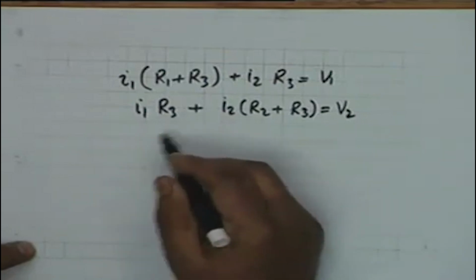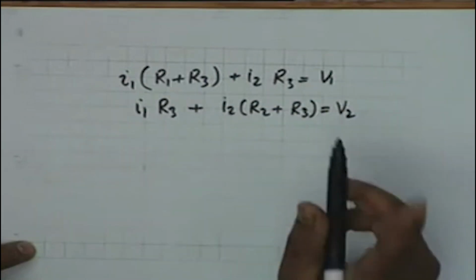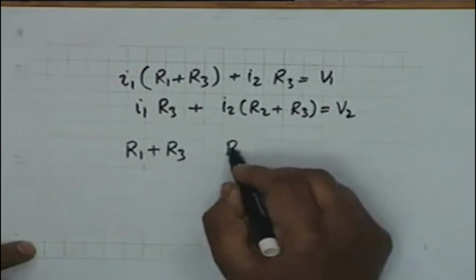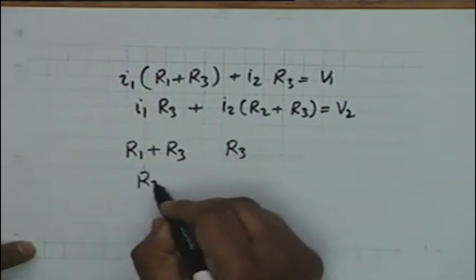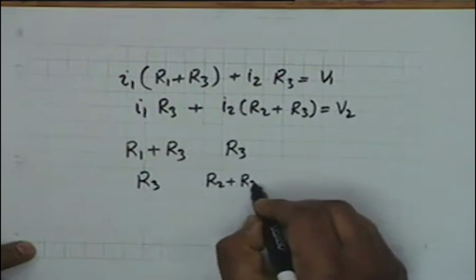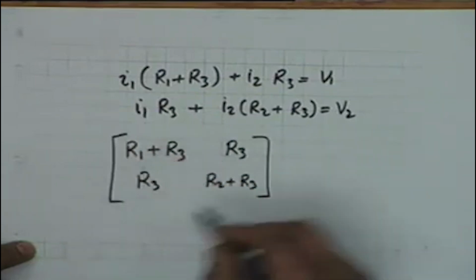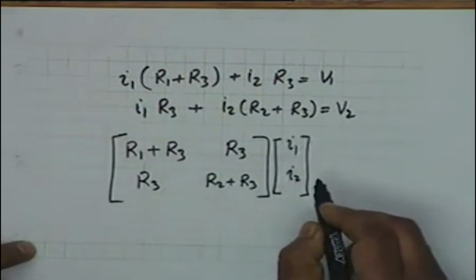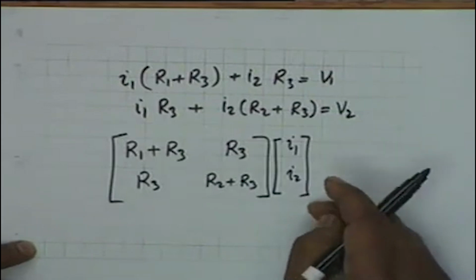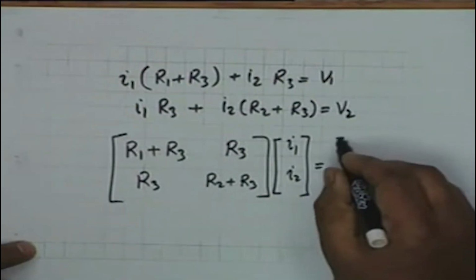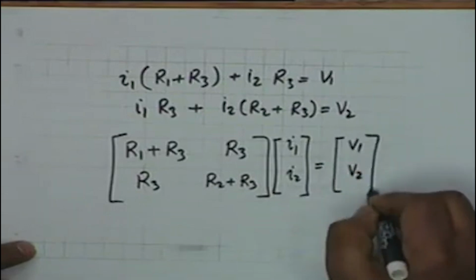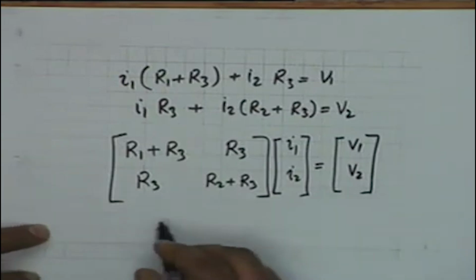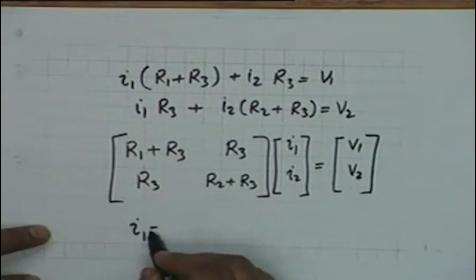So in matrices we write this equation in the form of a single matrix equation, that is, we write R1 plus R3, first the coefficient matrix R3, then R3, then R2 plus R3, this matrix multiplied by I1 I2, a one column matrix. This is equal to another column matrix, namely V1 V2, and it becomes very simple to solve for I1 or I2. For example, I1 shall be equal to